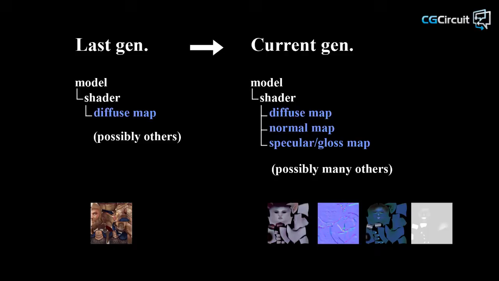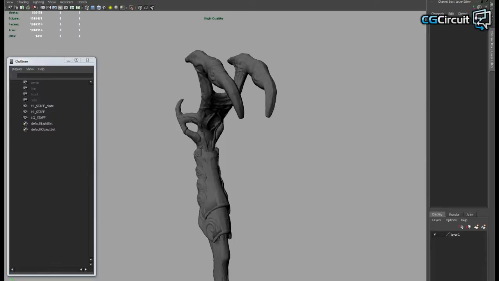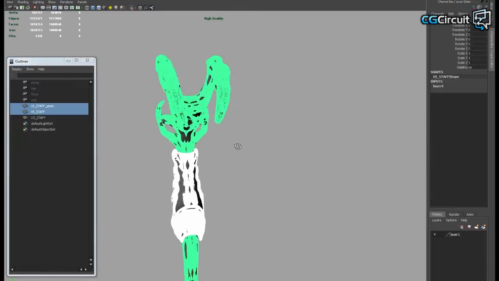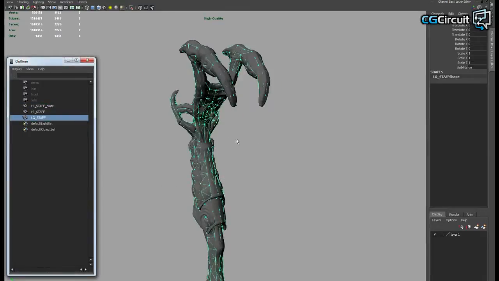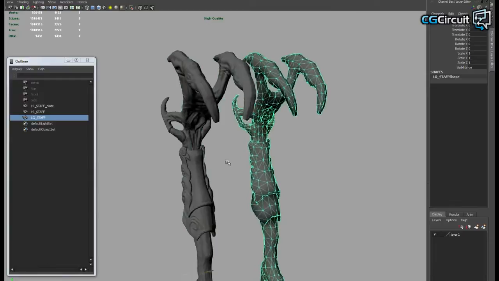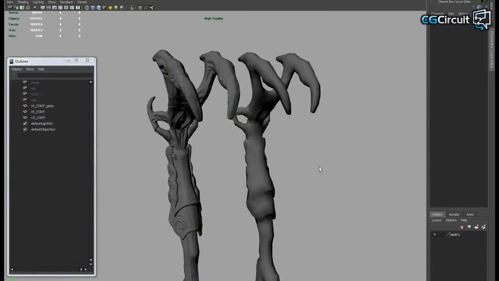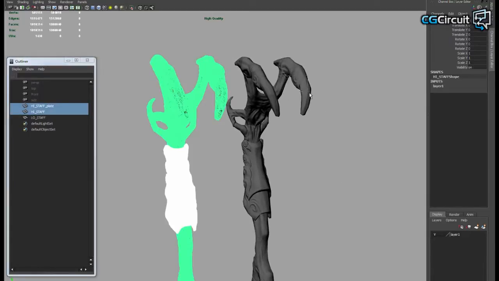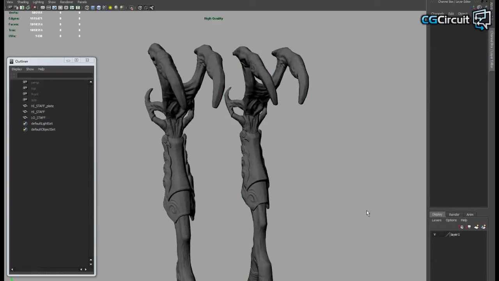This data isn't always easy to generate by hand, which is where baking comes into play. So what is baking and why do we need to do it? Well, the basic idea behind baking is to sample the surface information of one model to create a map that another model can use to convey a similar effect. The most obvious example of this is a normal map where you can make your low polygon model look like your high resolution model. The baking process helps ensure that the details from all of these different maps line up together